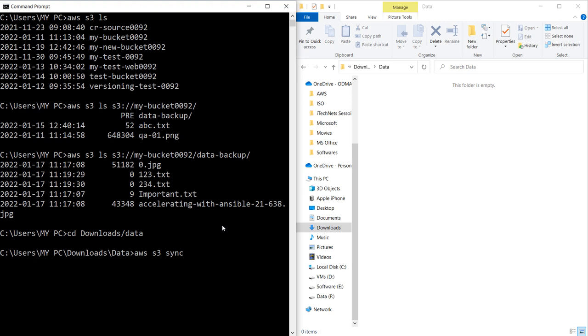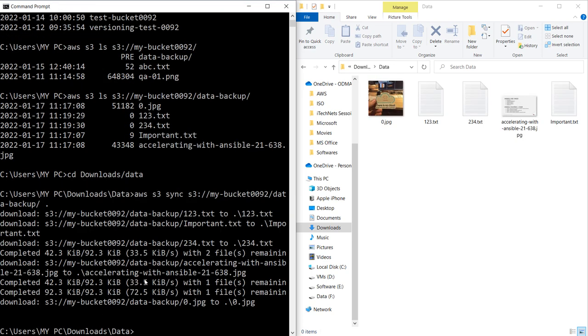For this path, type s3://my-bucket-0092/data-backup and we want to restore it in our data folder, as we already have in the data folder. So for the current folder, we just type a dot and then hit enter. As you can see, all our files are downloaded successfully, and you can see all the files are downloaded in